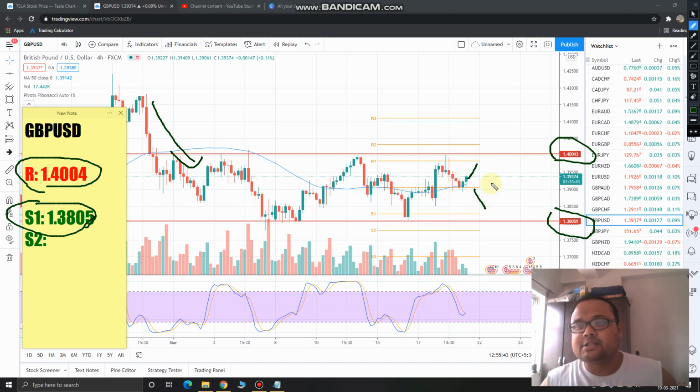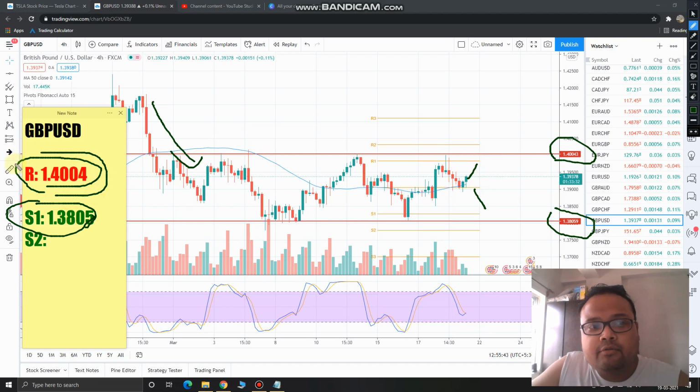Okay, right now market is trading at 1.3937. This is the current market price. Just wait for the market to go up. When market will go up and hit this 1.4004 level, just observe how the price is doing. If you see that price is struggling near the line, then